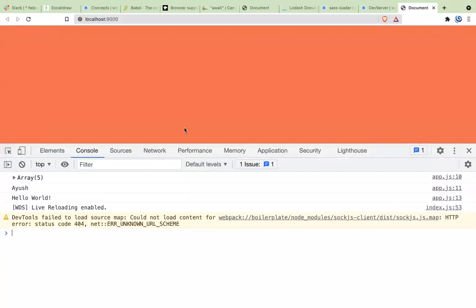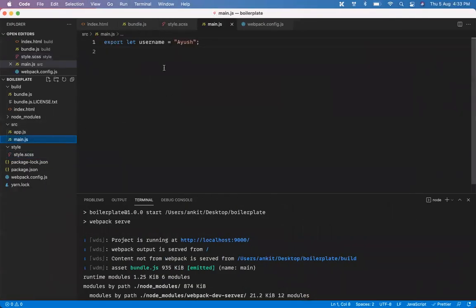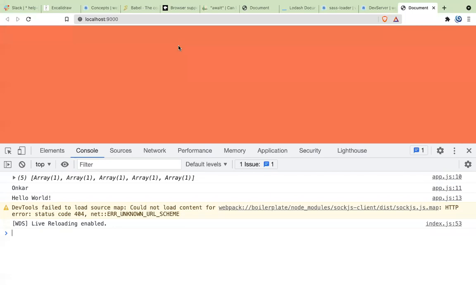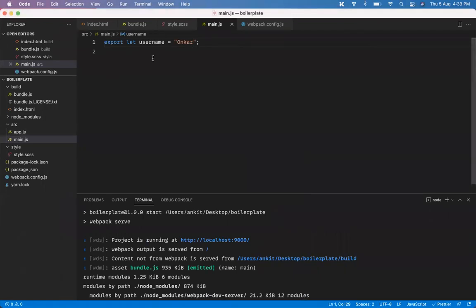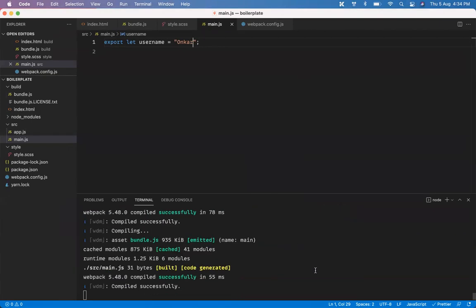Similarly, I can open the console here, and rather than just saying console log name is Ayush, let's call it Onkar. Save it, go back, and here it is logging the message Onkar. So now our development process looks much more optimized, because this is how you work in Create React App, right? You change something, you go back to your UI and you see the change there. You don't have to create the build again and again. So that is what was wrong here, and now we have taken care of this.